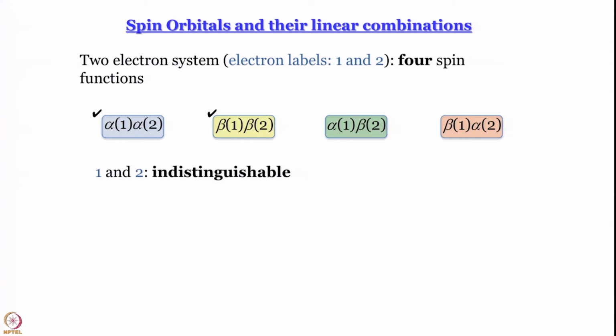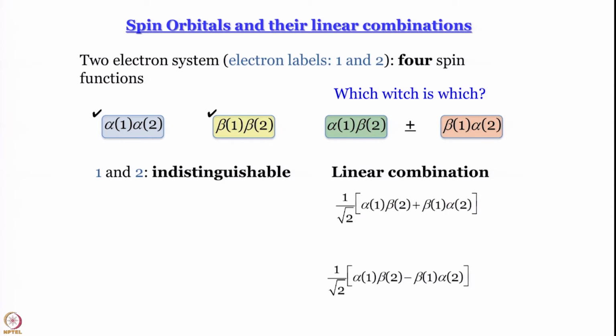I cannot say the other way around. What I can say is that one of them has eaten it, provided the apple has not been shared. That is another problematic situation, fortunately, which is not relevant to our discussion. So, what we do is we write the wave function like this. Since we cannot figure out which is which, we take a linear combination. When we take a linear combination, we end up getting 2 functions, one with a plus sign between these two and one with minus sign, and we have to normalize. So, we multiply by 1 by root 2.